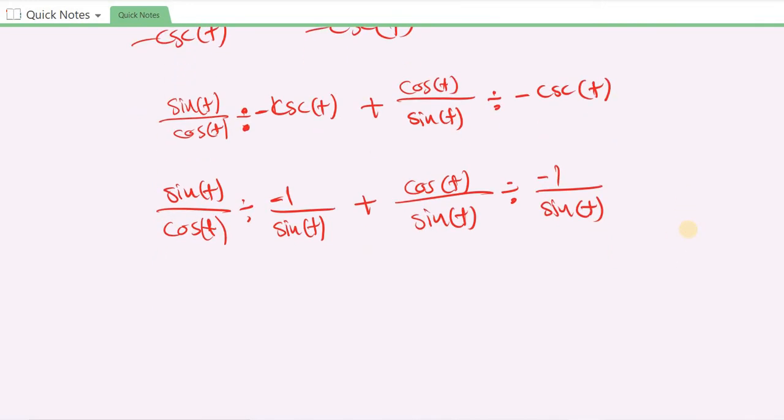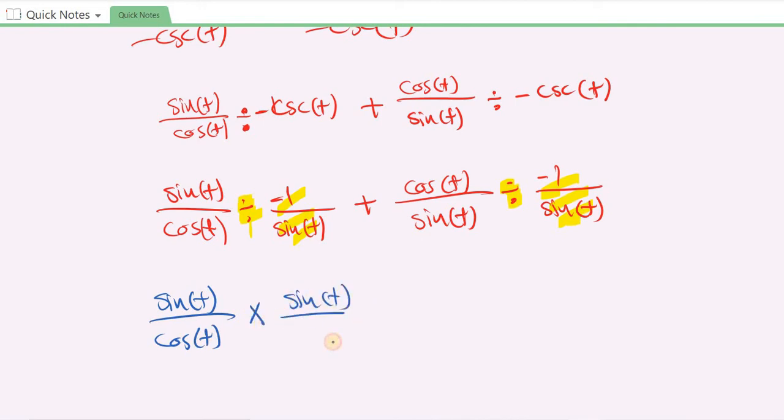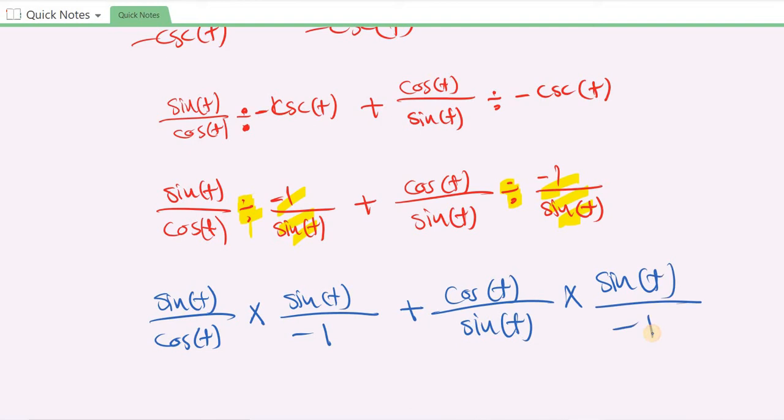Right. Now it's time to turn the division into multiplication and then multiply with the reciprocal instead. So that's what I'm going to do here. Sine t over cosine t times sine t divided by negative 1, plus cosine t divided by sine t times sine t divided by negative 1. Okay, now I can see that these will cancel together, and I will have here sine square t divided by negative cosine t